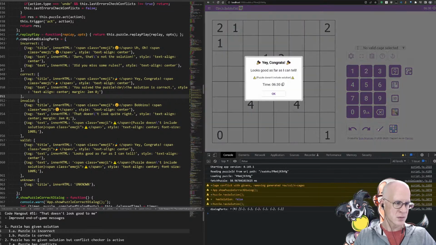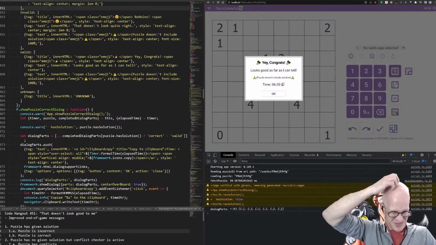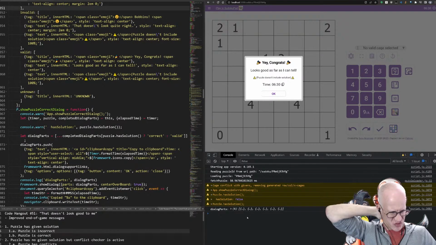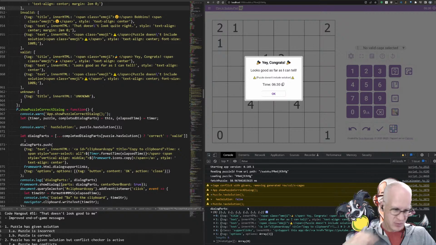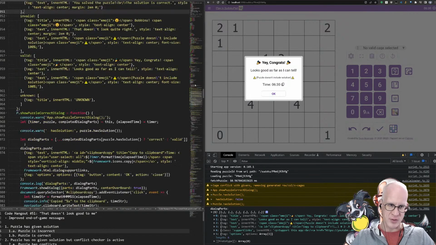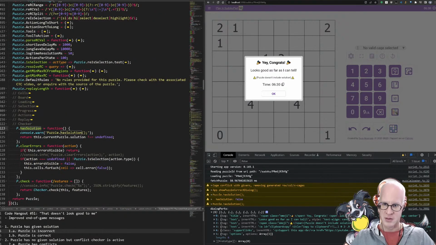Alright, so if I do a solution check on that. Yeah, okay, so that's the unknown case. Now, how do we even determine that puzzle has solution is false? Well, we're not getting errors because basically the error checking is disabled, right? The thing is, it isn't actually disabled, it's just basically disabled. So I don't even remember how exactly I made it handle that.